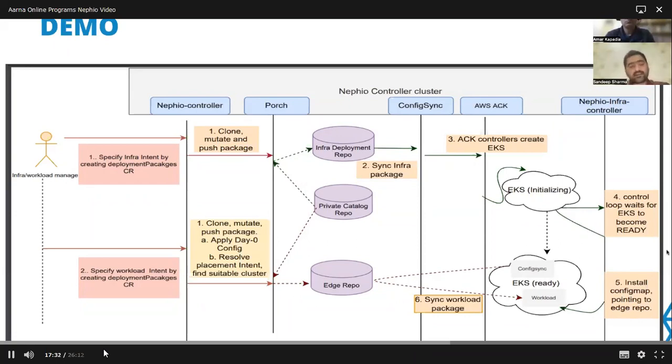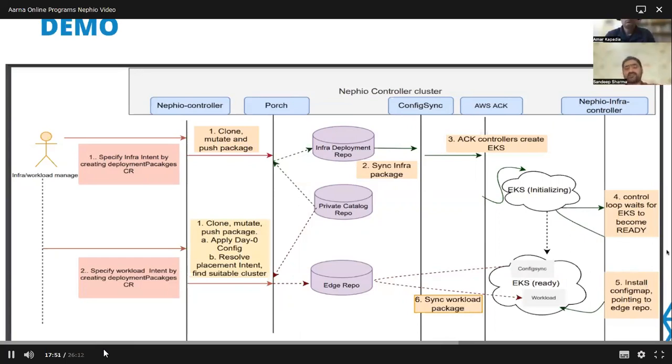And based on the kind of the Edge repo, it will configure the scaling profile in the caching DNS KPT packages, and the curated packages will be put on the Edge repo.